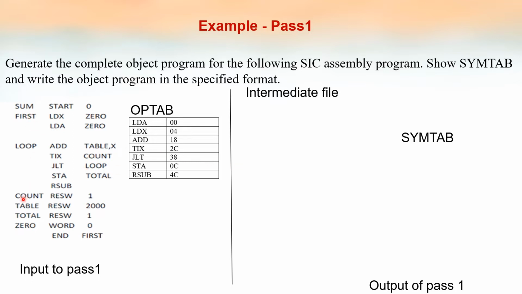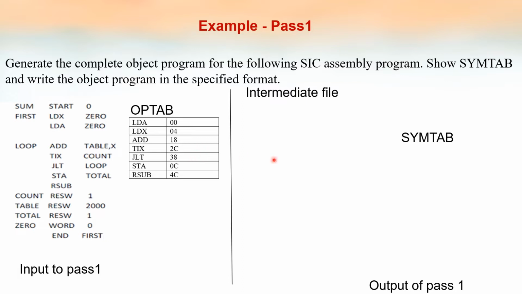So this is the SIC program which has to be converted into machine language, which means the working of the assembler. Assembler's input is the program written in assembly language. It has to be converted into machine language. So we have learned that assembler cannot convert the source program in one scan to machine language. So the input is the source program and output is the object code. But the assembler cannot convert directly in one step.